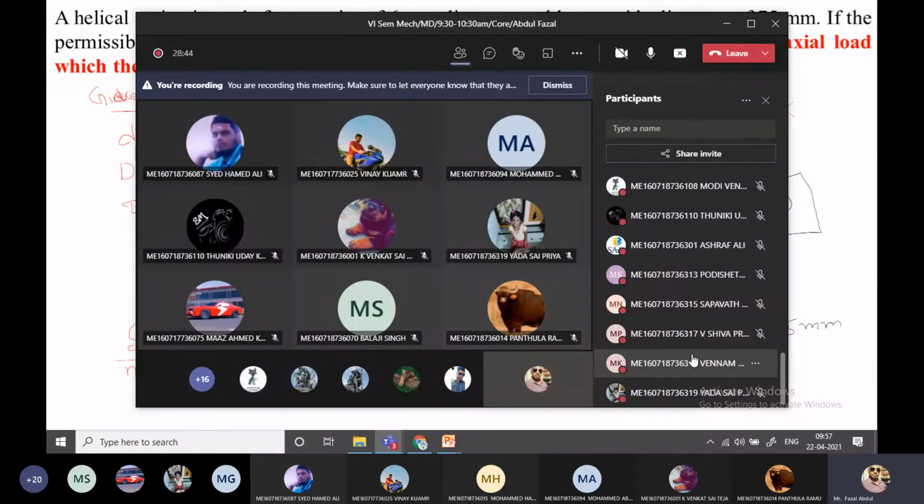Roll number 318, are you there? Yes, sir. What's your name? Kotesh Babu. What is the answer? Still calculating, sir. Make it fast. Listen, I'm telling all people, whenever you come to the machine design class, I already repeated this in the DME class also, you sit along with calculators and notes. Whatever I'm writing here, you have to note down.